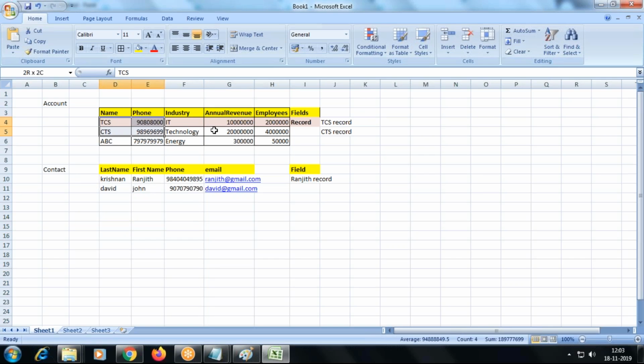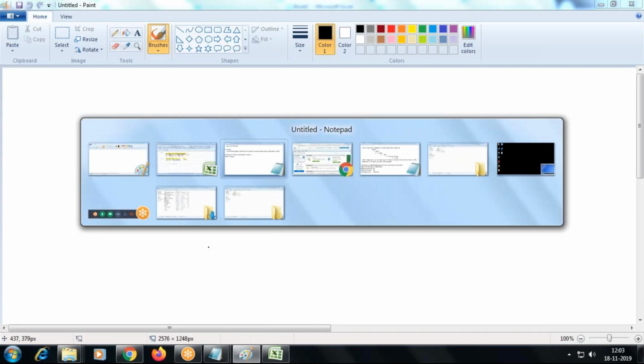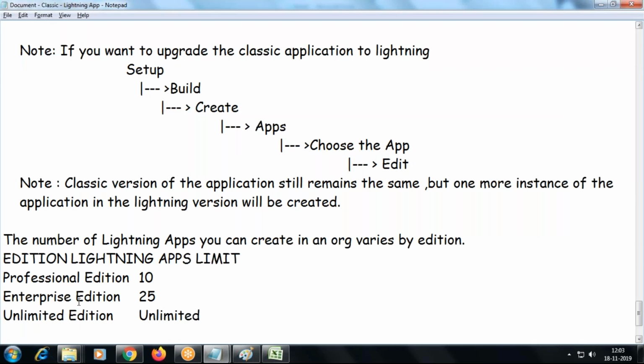And every record you insert into the table is going to have a field called ID. Automatically, the ID will be generated. If I insert a new record here, then automatically an ID will be generated. So this ID is also called the record ID. It's going to have an 18-digit alphanumeric ID. Where have you seen an 18-digit alphanumeric ID? Org ID, right? Similarly, here you are going to get an 18-digit alphanumeric ID.